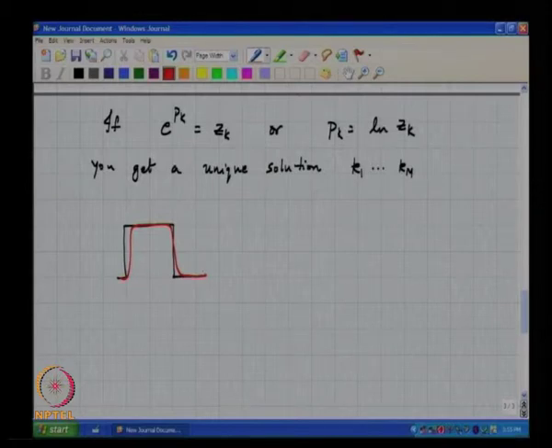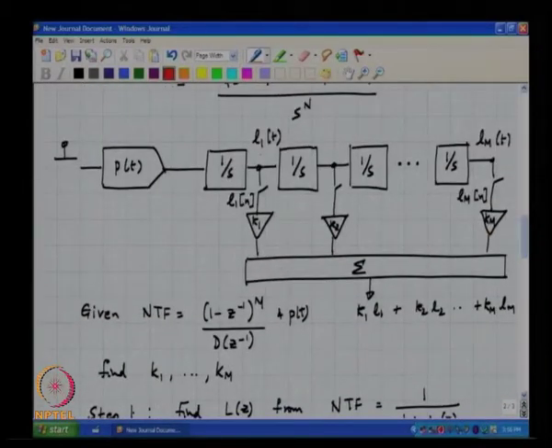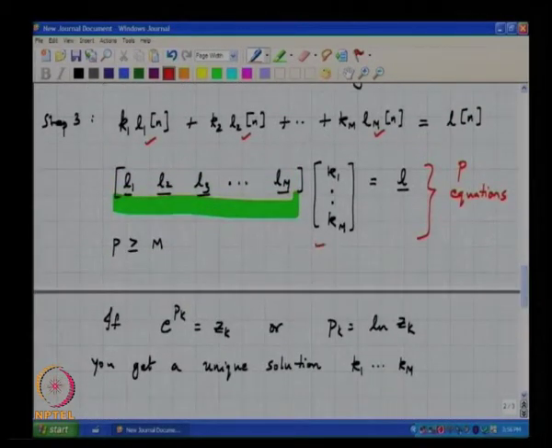Now, it is impractical to go and try and find the waveform and do all this analytically. It is simply easier to generate the DAC pulse, have a cascade of integrators, and pump this pulse through the set of integrators in simulation, in which case these waveforms will be known, and you can go and determine the k's. Is this clear?